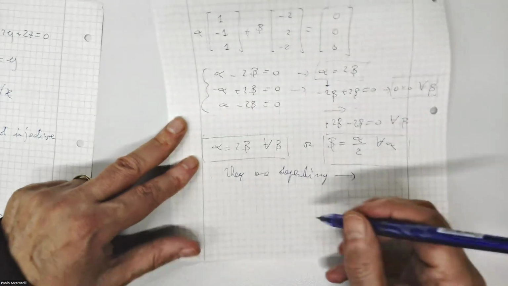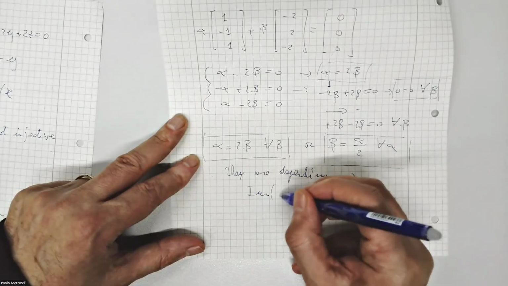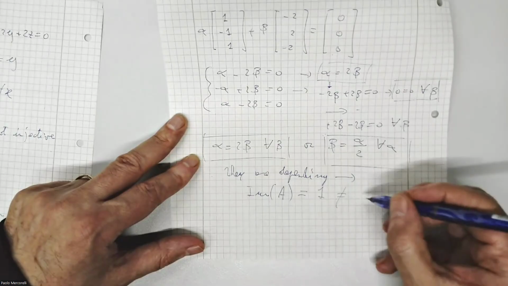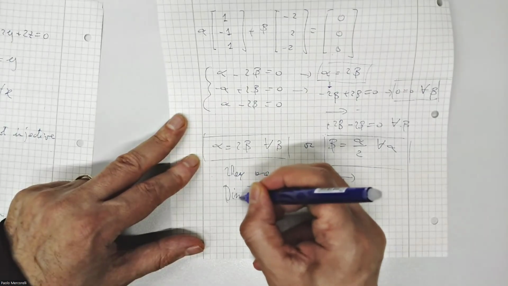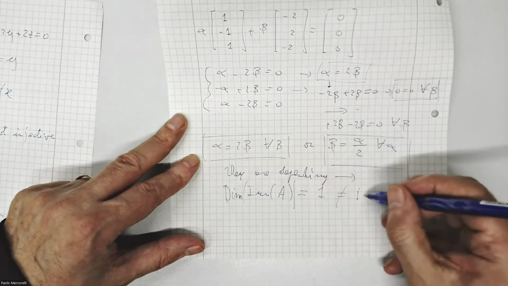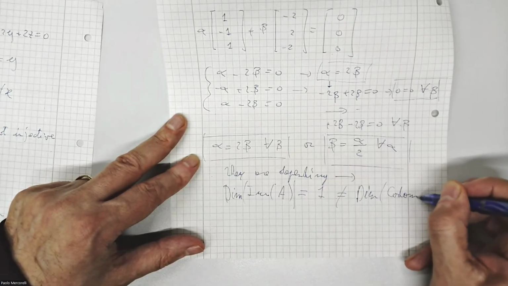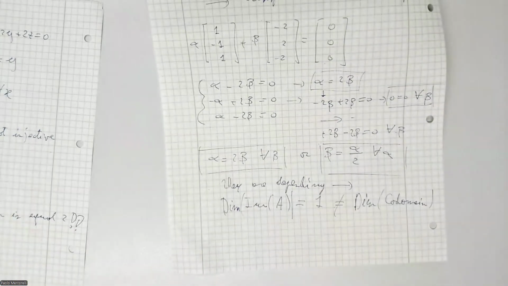This implies that the dimension of the image of A equals 1, which is not equal to the dimension of the codomain. Now, at the end, we are able to do this exercise